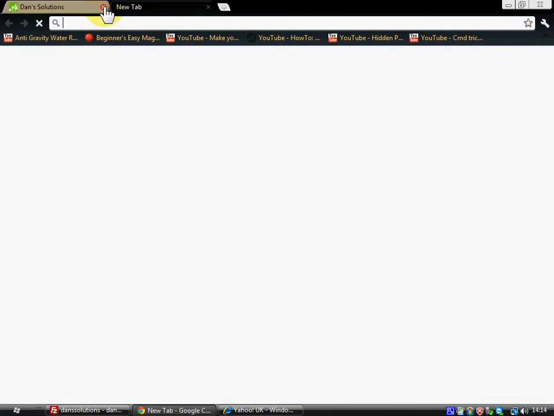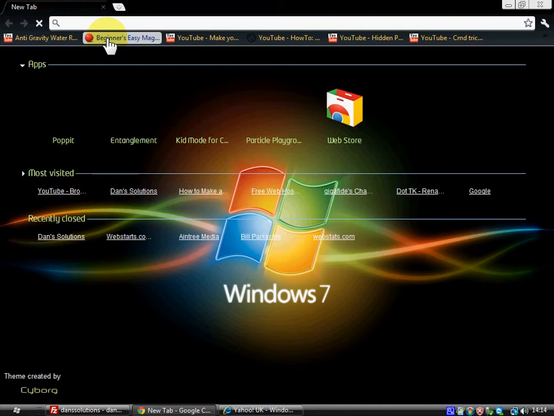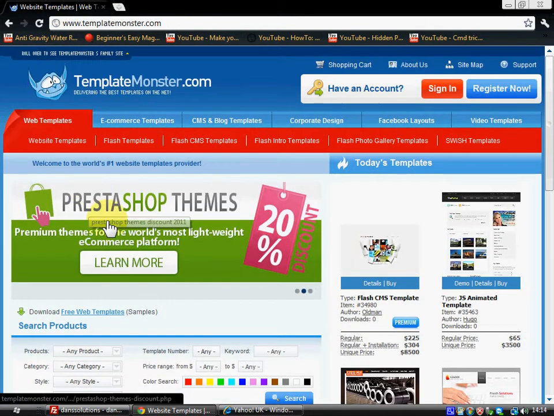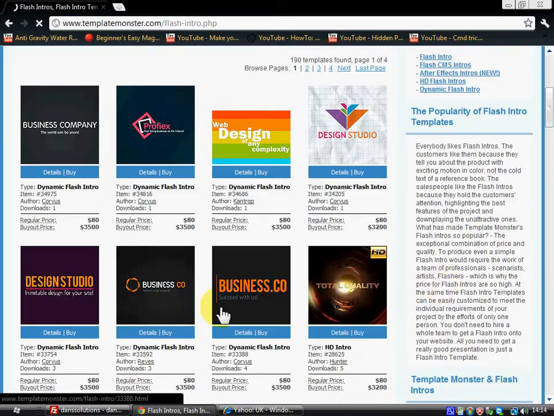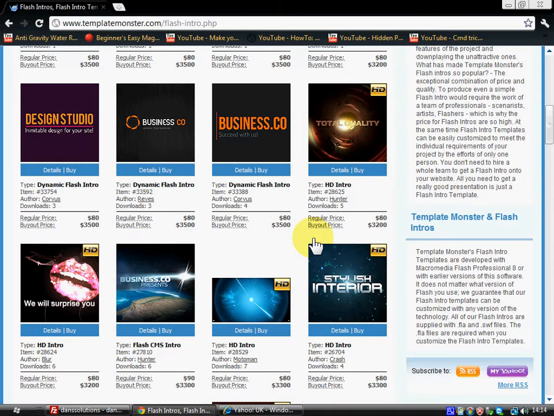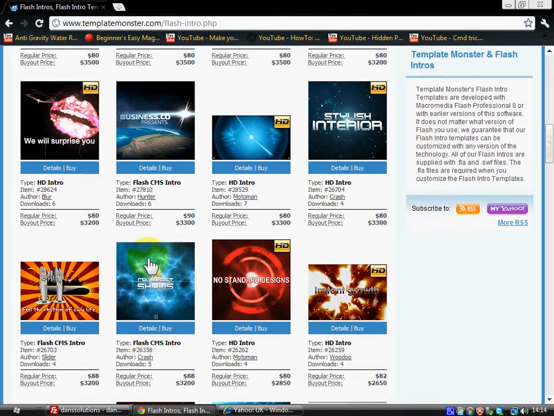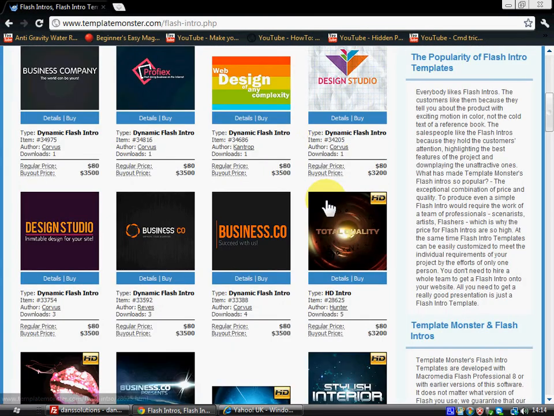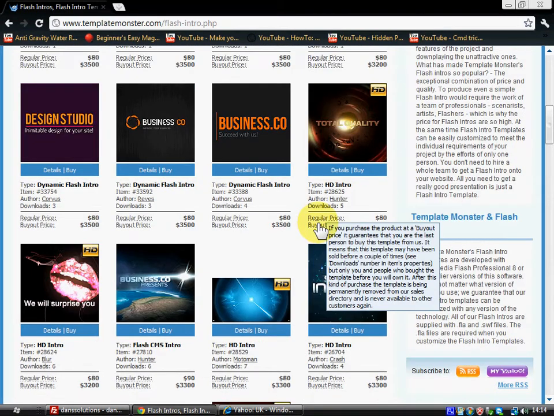It's called templatemonster.com. There you go, www.templatemonster.com. Then what I've done is clicked on slash intro templates. Then you can see there's loads and loads of templates here. But as you can see, there's only one drawback: the price. I know how to download these and change the text without buying them. So pretend you're looking at them and pretend you like